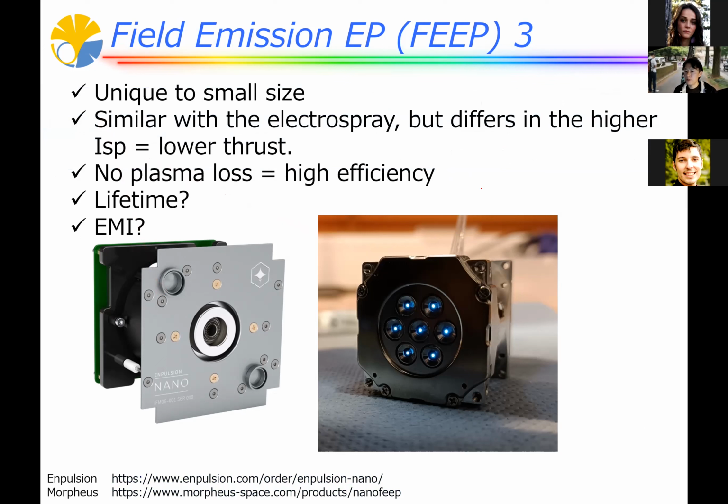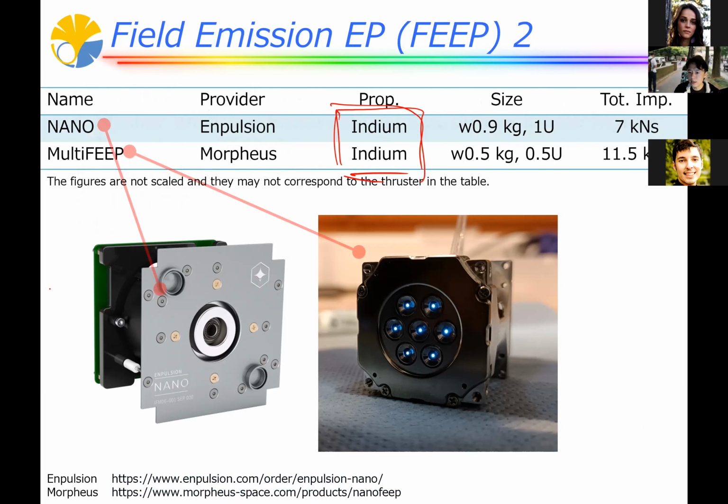So yeah, the features are almost similar to the previous electrospray thruster, with no plasma loss and high efficiency. Also, we have to take care of the lifetime and the electrical EMI. And especially, I think this thruster provided by Propulsion would be the most successful micropropulsion